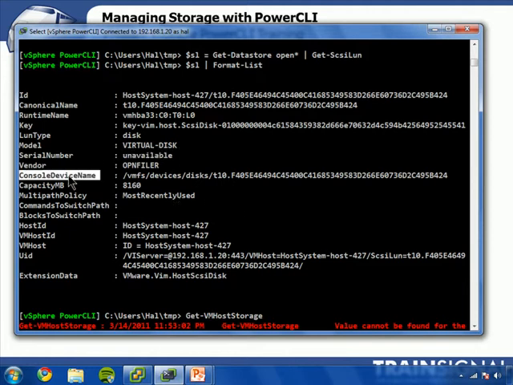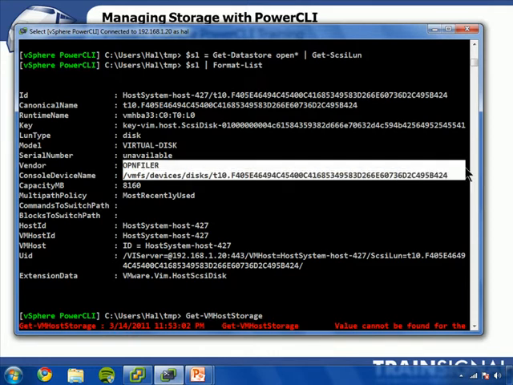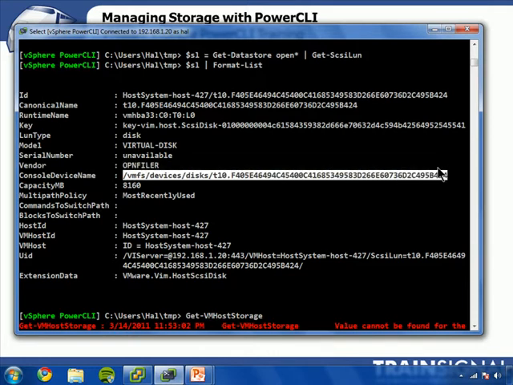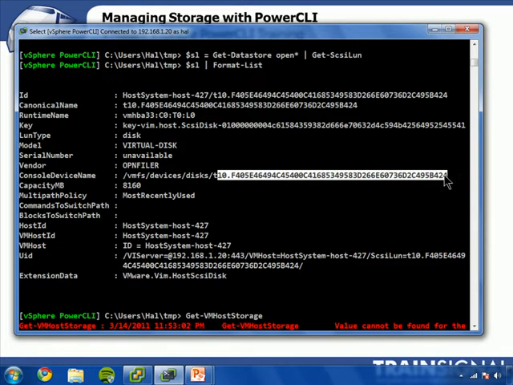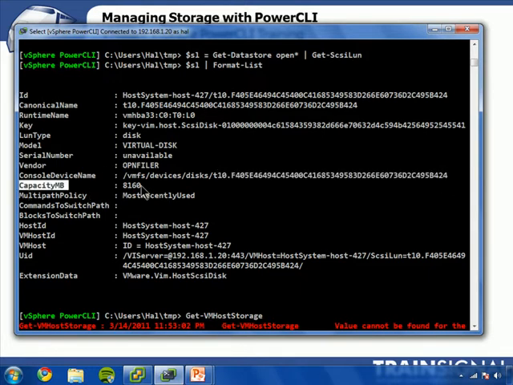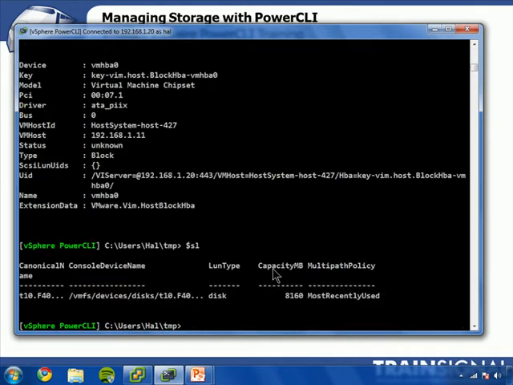Console device name, this is going to basically show you the console OS path for where this device sits. So we have /vmfs/devices/disks, and then you can see this canonical name, which is right here. Capacity in MB, megabytes of course, and then multipath policy, which we'll talk about in just a second, and a couple of other identifiers there. So let's have our SCSI LUN that we want to work with. So let's check out the Set-ScsiLun